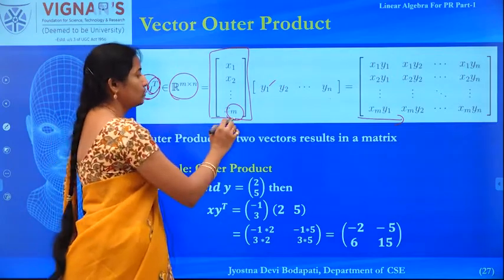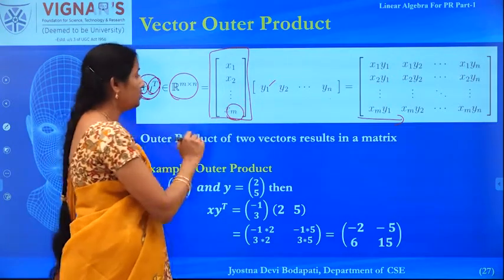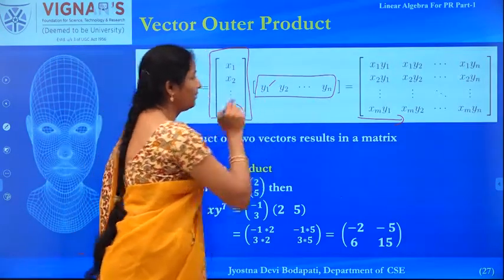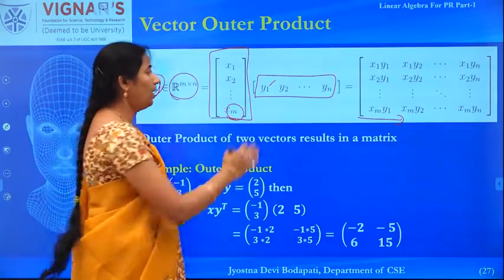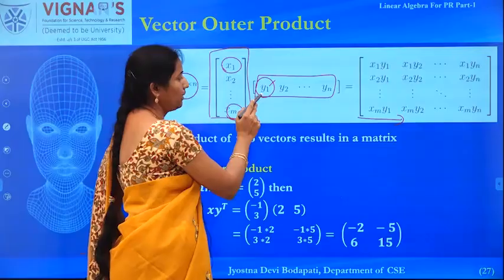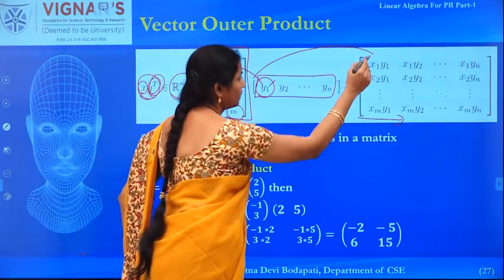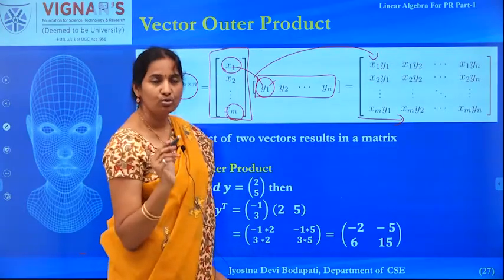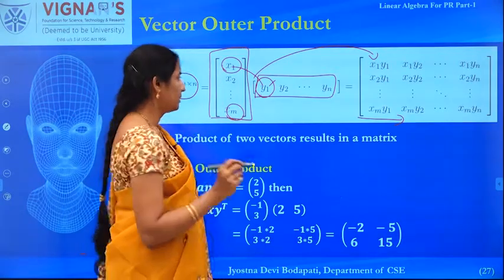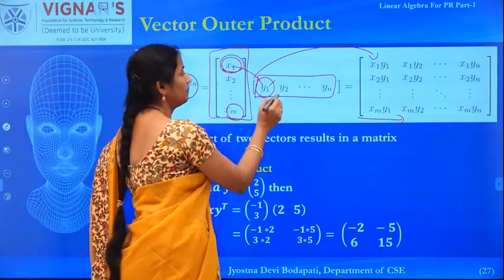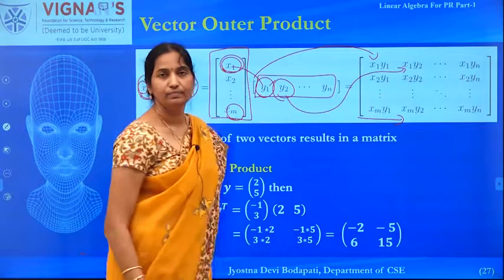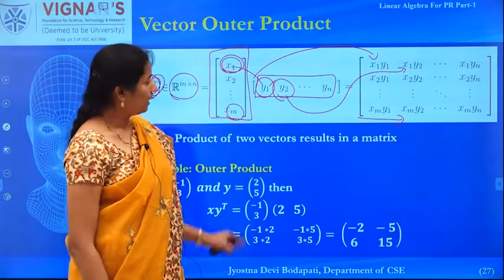So in this case, given the n-dimensional vector, I am applying transpose on y. That is how I am taking the row vector for y. Now how do we get the result? You just multiply the corresponding elements. So x1 into y1, if these two are multiplied together, that is how the first element of the first row is formed for the resultant matrix. Similarly, x1 is multiplied with y2 and that forms the second element of the first row of your matrix, and so on and so forth.